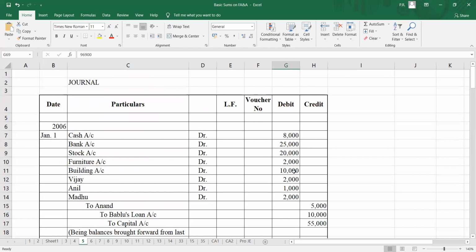Please remember that these are simple entries, and again I am telling you, please remind me to talk on two things. That is, first is capitalization of expenses and the bad debts. It's very important that we talk on this, because it will be very important for us